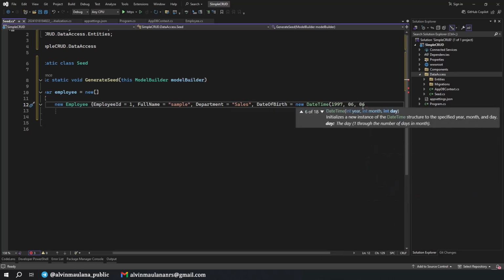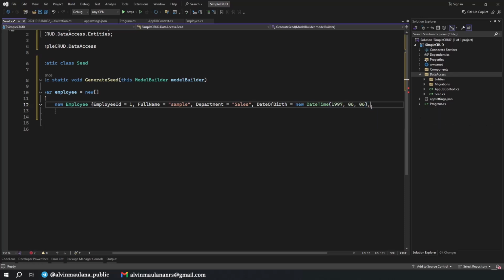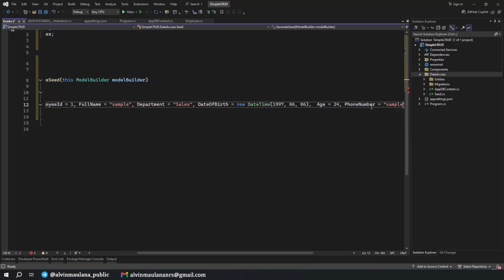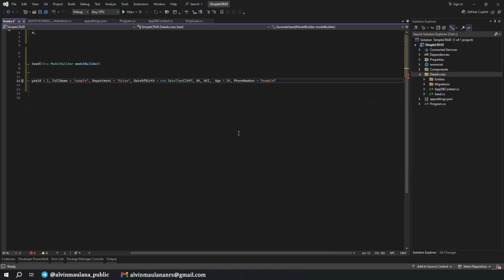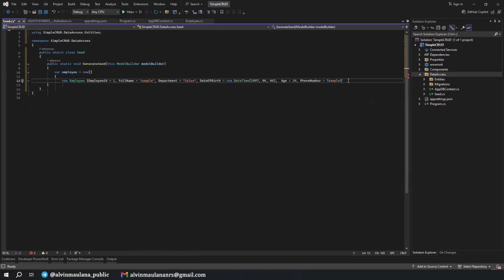This one is year, month and day. The next, age, I just put 24 for example, and for number, yeah, the sample. Okay, I minimize it a bit, zoom out I mean, and close it, two more times and close. Okay, this one is the seed that we will add to our database. This is sample data that will be accessed in our database when we do development.